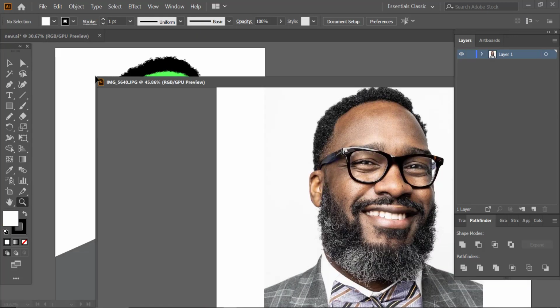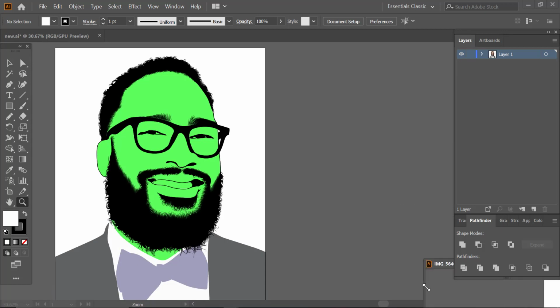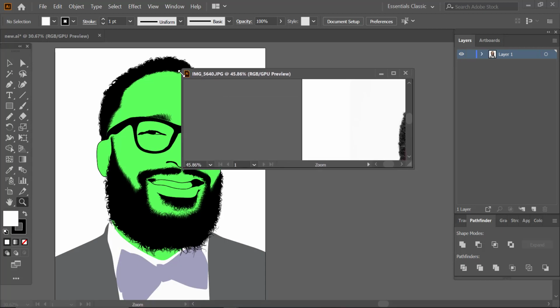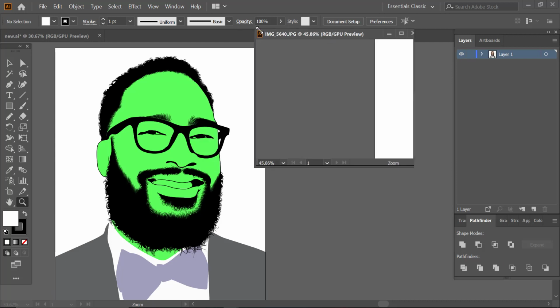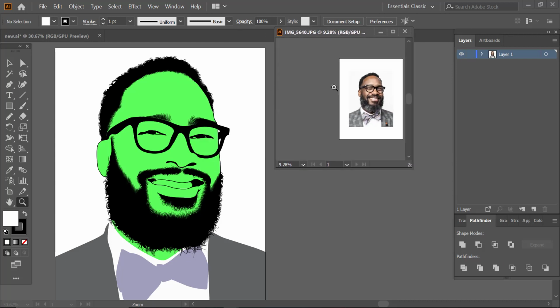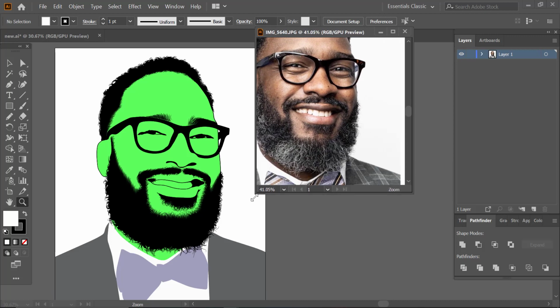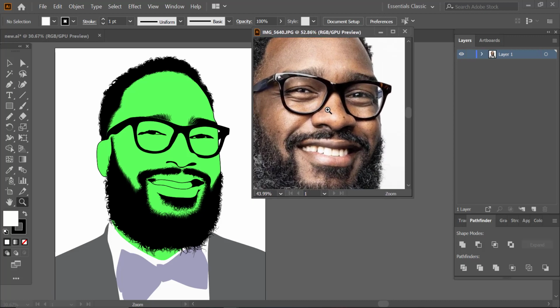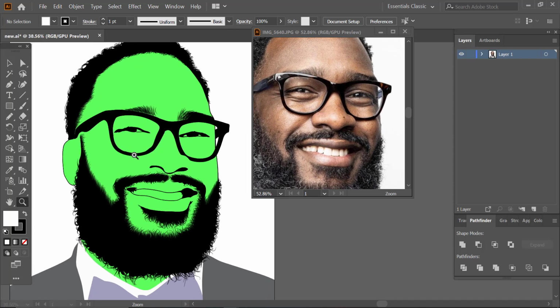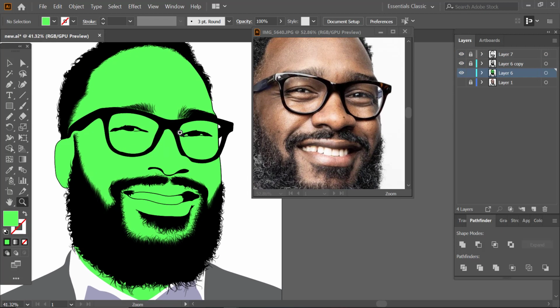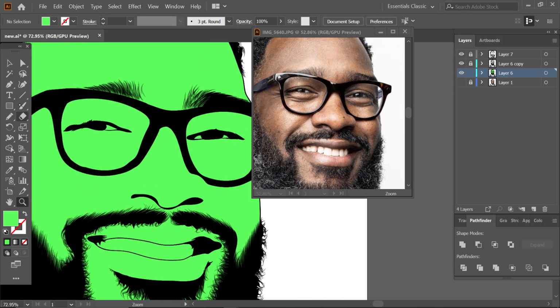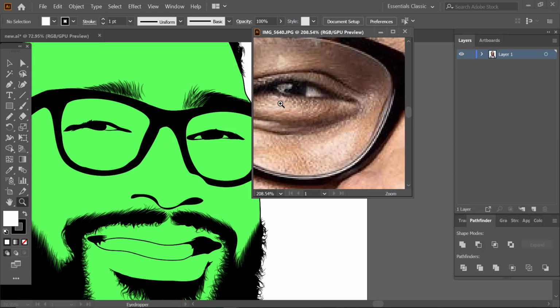So what you see me doing right now is bringing my image, the normal image from my laptop, because I want to sample colors from the image. So basically what I do is I use my eyedropper tool to pick a color from the image. After picking a color, I click on the color, I copy the color using Ctrl+C, or you right click and then you copy normally. Then you come back to the portrait you are drawing, use the direct selection tool to select the same part that you picked colors from your image, and you hit